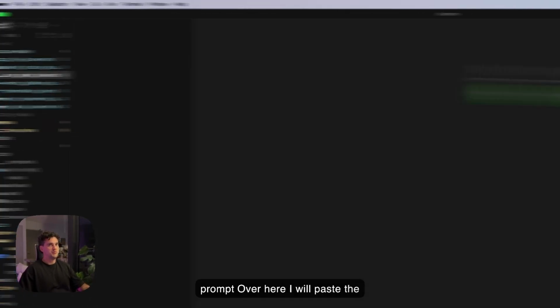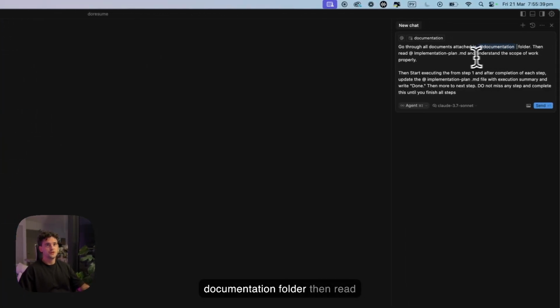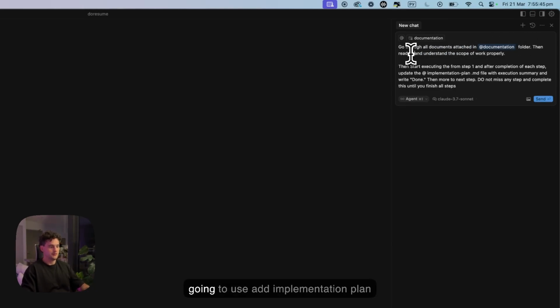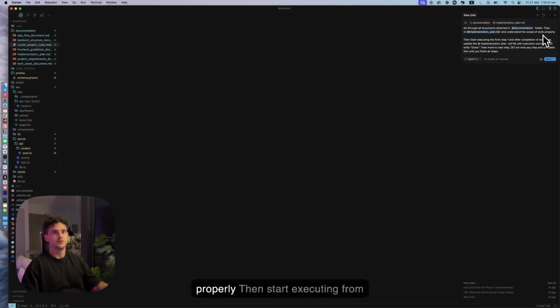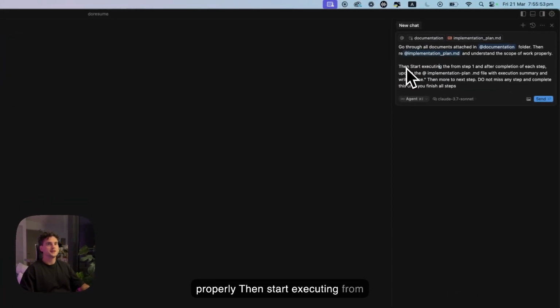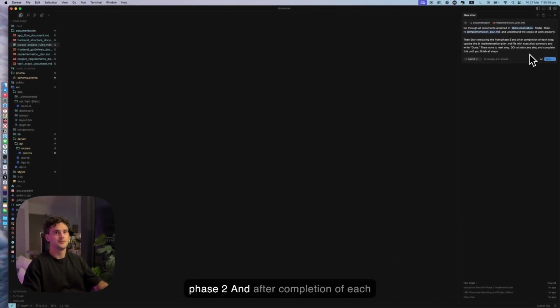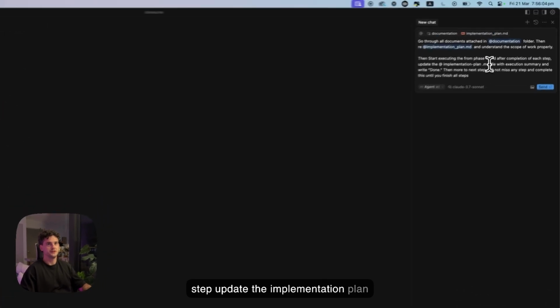Over here, I will paste the documentation folder, then read implementation plan.md. So I'm going to use add implementation plan and understand the scope of the work properly. Then start executing from step 1. In our case, it is actually phase 2. And after completion of each step, update the implementation plan file